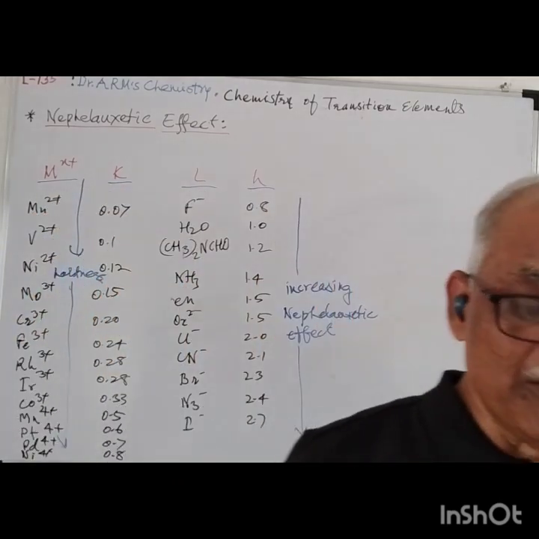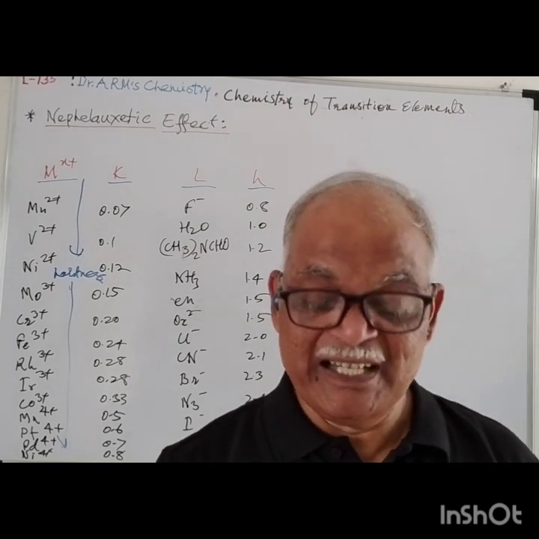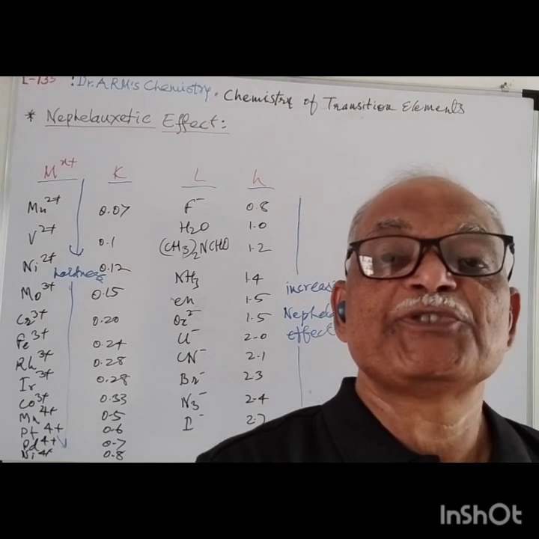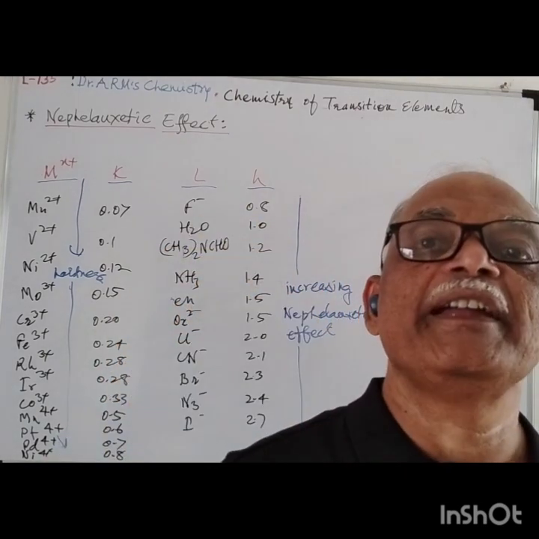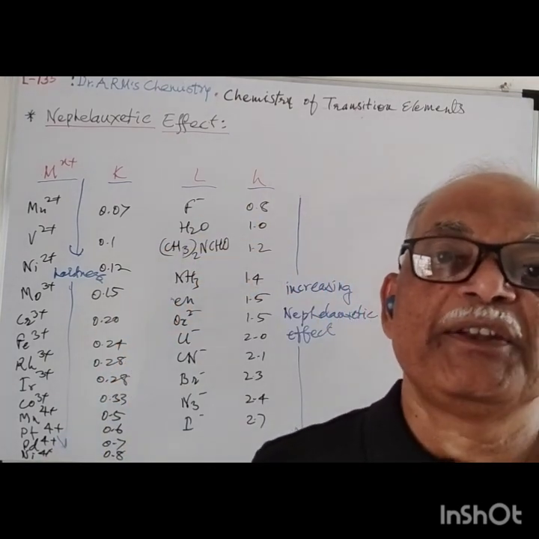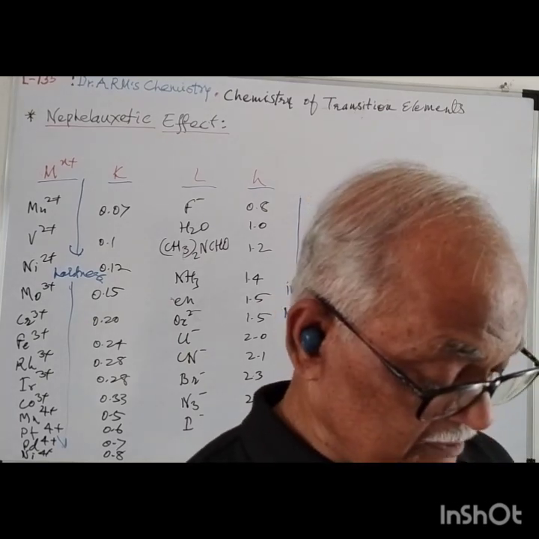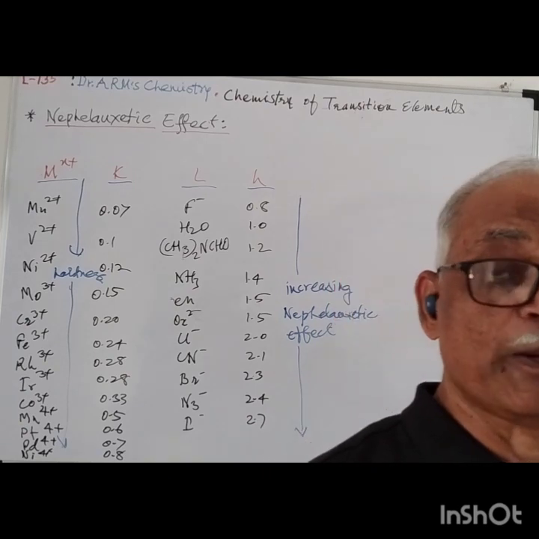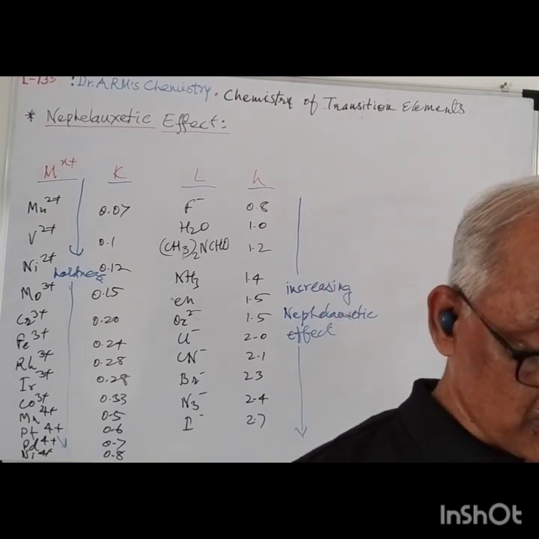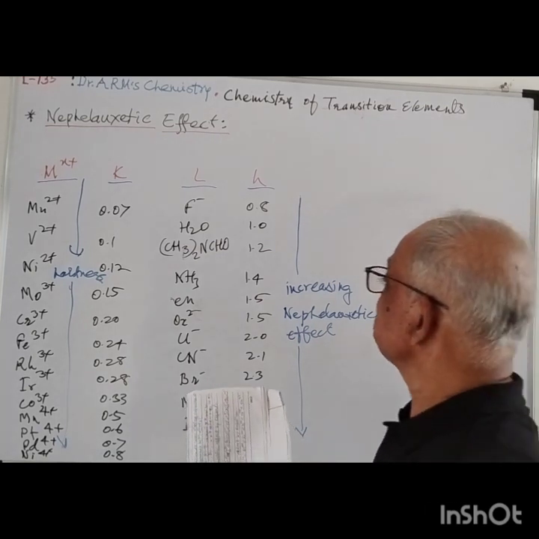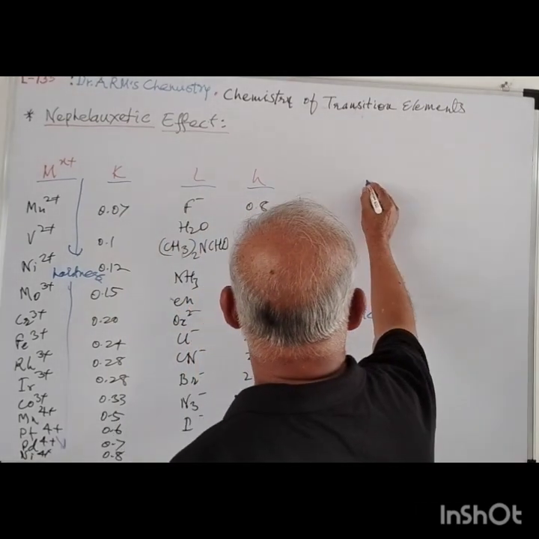So both values together help the Nephelauxetic effect, that is cloud expanding effect, and it shows reduction in the energy for pairing. We can show the calculation of how the energy for pairing is reduced because of the cloud expanding or Nephelauxetic effect. We will take the example of Fe